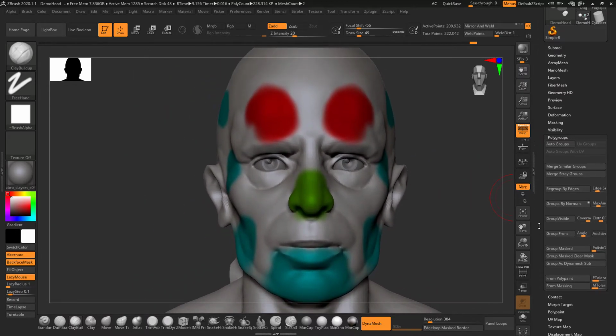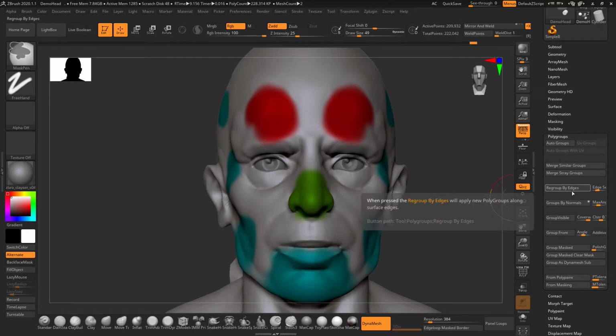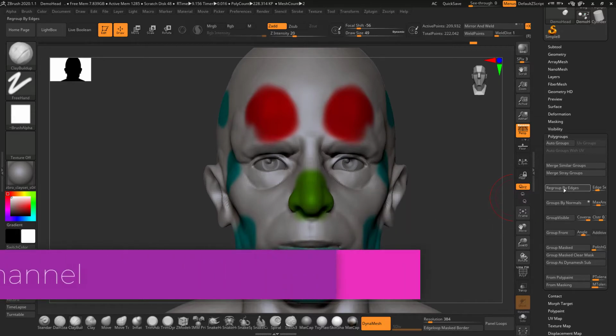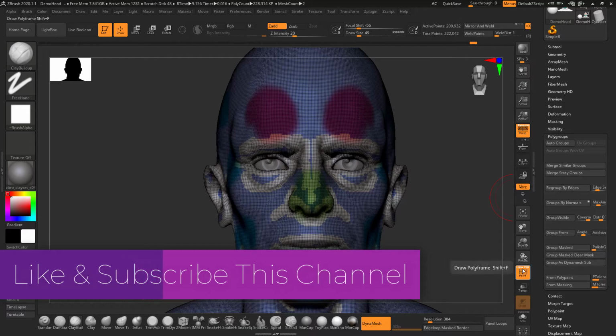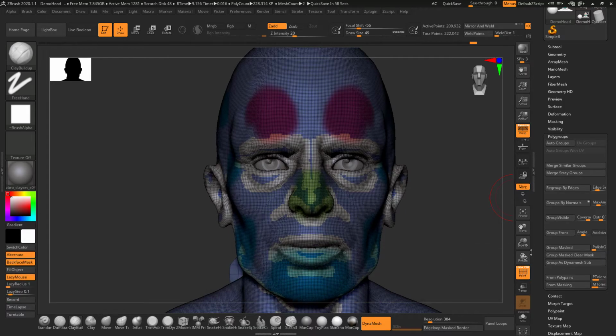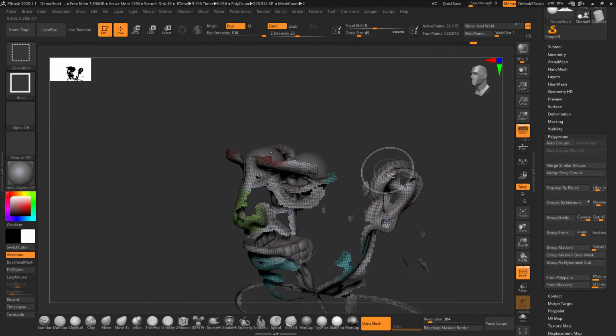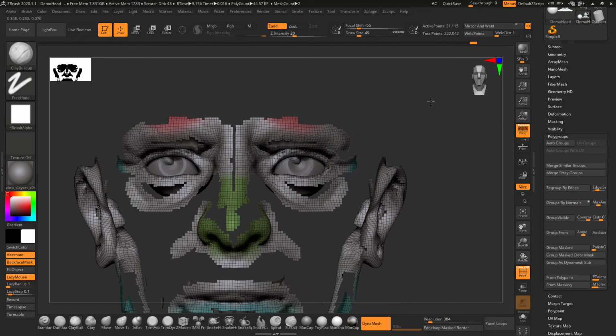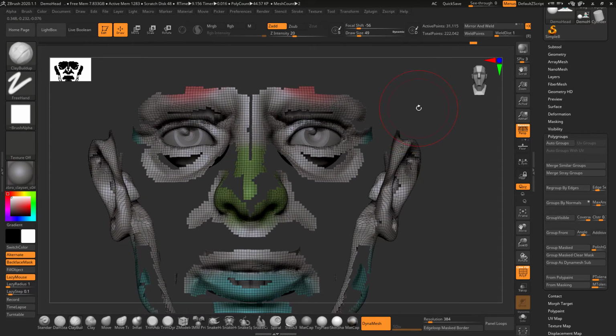When you click on regroup by edges, it regroups based on the edges. You can see it takes the curvature.